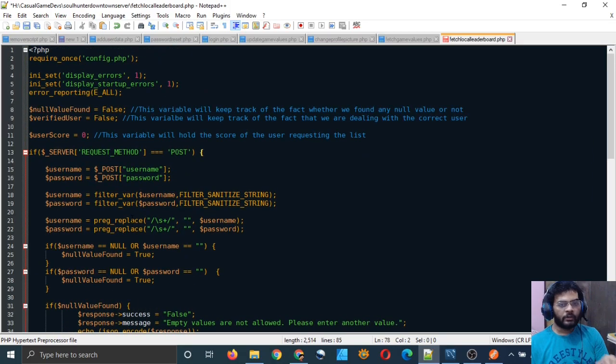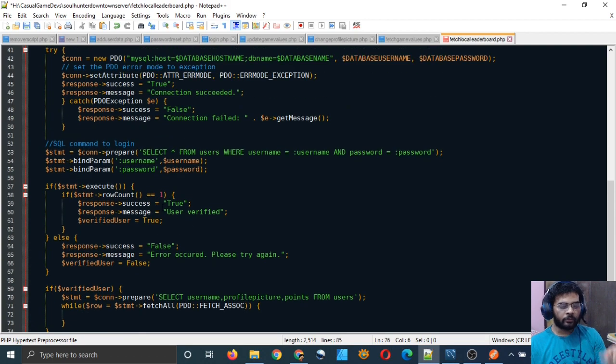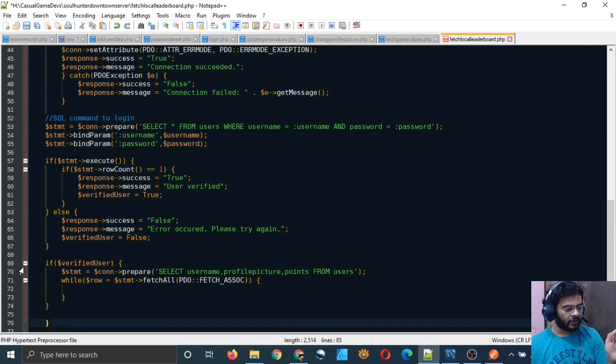You have to take care of the curly brackets and make sure that they are closed properly. That's what I'm making sure.